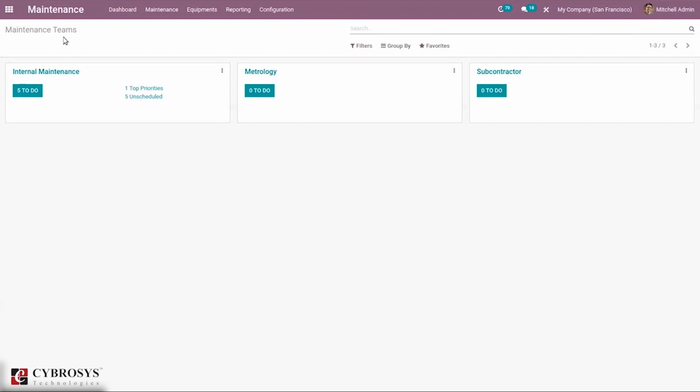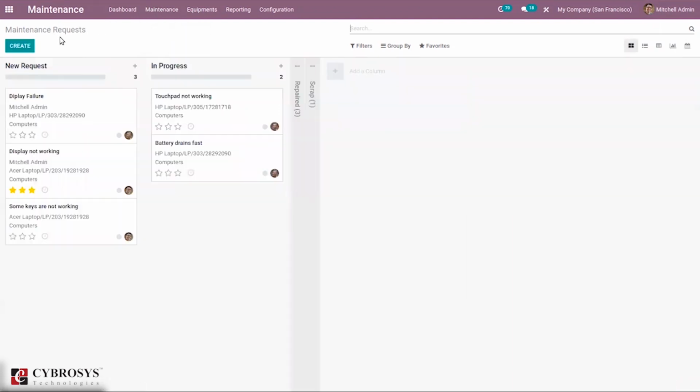Here we can see the maintenance teams, in order to manage the maintenance of equipment, and we can create a new maintenance request by coming under maintenance request. Then we can set the responsible person and the equipment for which we are sending the maintenance request.